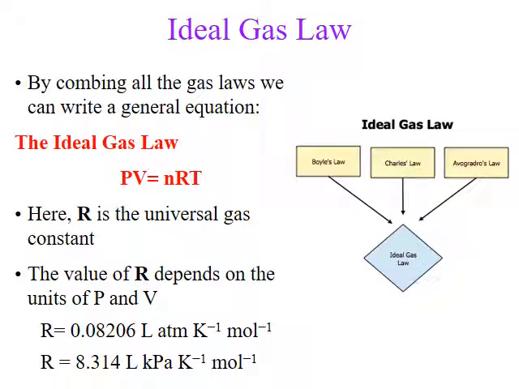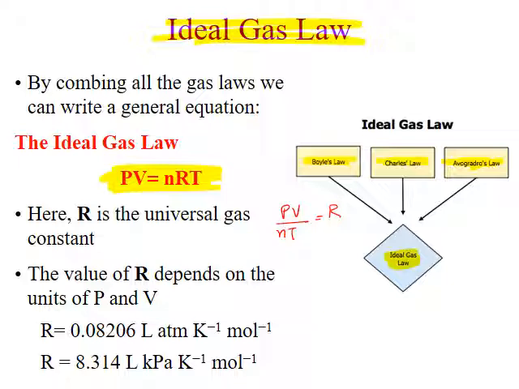The next law is called the ideal gas law. This law is a combination of all the three laws that we saw before, which are Boyle's law, Charles' law, and Avogadro's law. If we combine all these laws, that would give us the ideal gas law, which is written as PV equals nRT. Here you can see pressure and volume are inversely proportional to each other, like Boyle's law gave us. If you rearrange this law, you can rewrite it as PV over nT equals R.